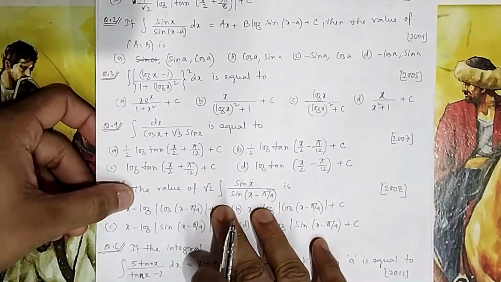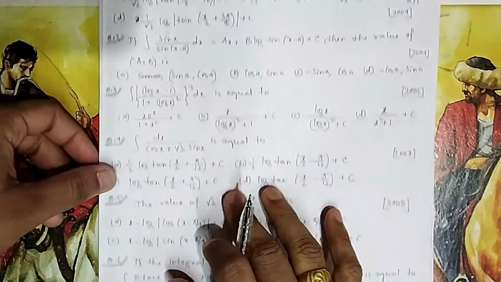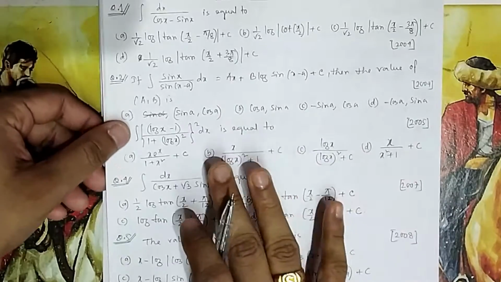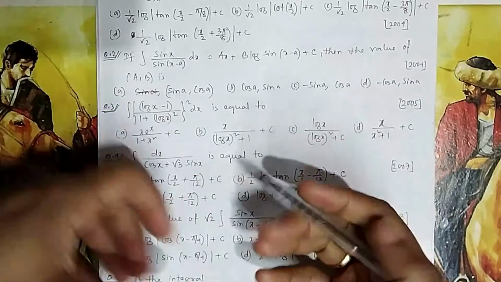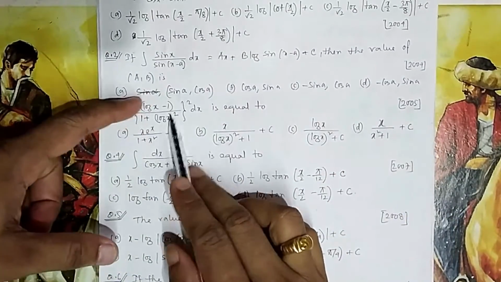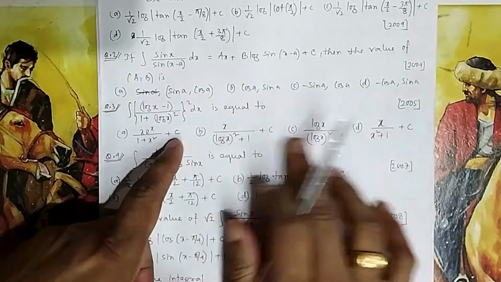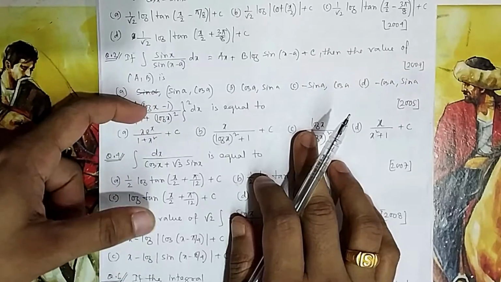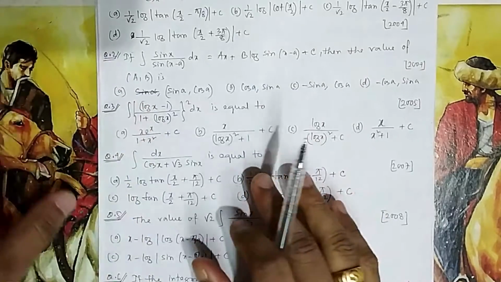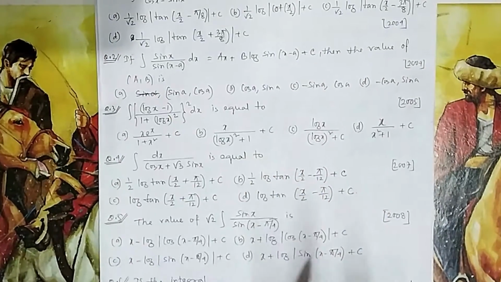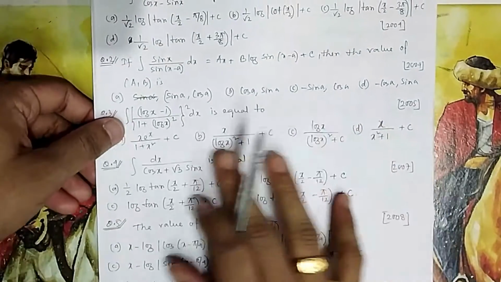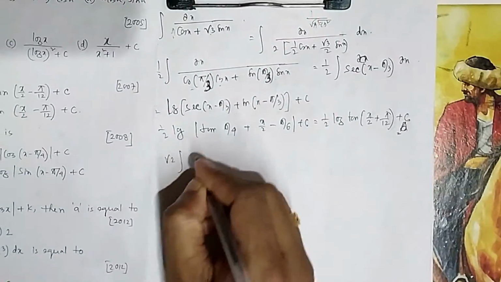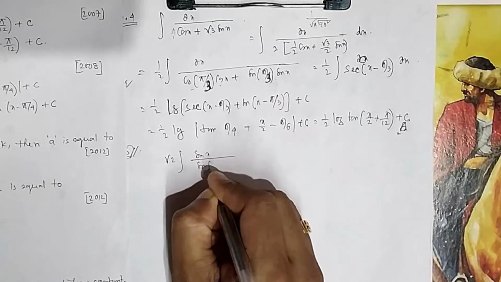In indefinite integral there is another approach also. If in a question you don't know how to proceed and you still have ample time left, you can do it the reverse way. Take the differentiation of the options and see whether it gives the integrand, because if the integration of this is that, then the differentiation of that is this. Do it only if you are not able to integrate it and you have lots of time, because checking the options one by one will take some time. So it is root 2 into sin x divided by sin of (x minus pi by 4) dx.